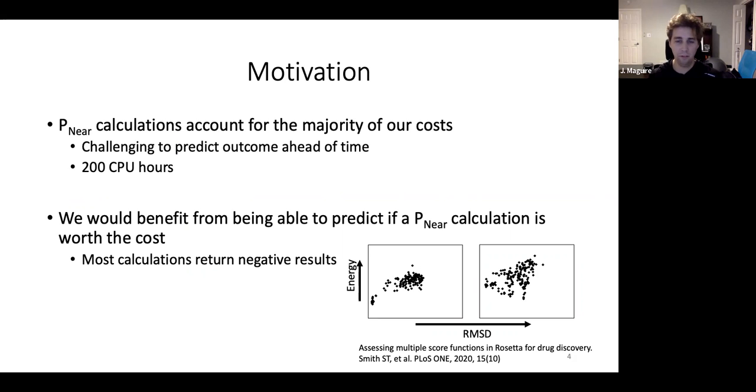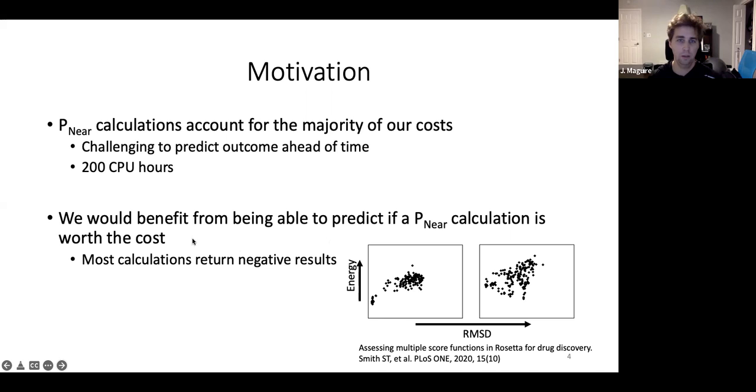On top of that, it's actually very challenging to predict the outcome of a P near calculation ahead of time. Just to give a brief background, to calculate these funnels, we generate 15,000 random conformations of the given sequence and relax and score all of them, which really adds up to a lot of compute. You can do simple things like prefer having prolines and other entropy restricting amino acids, but